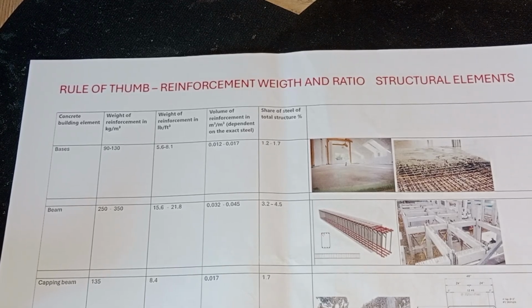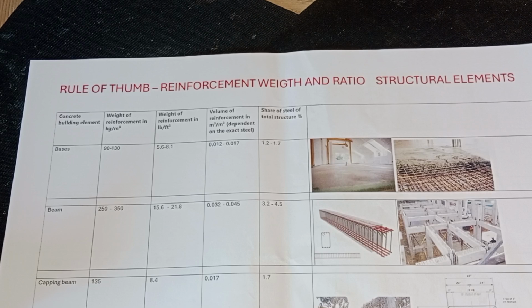Hello everyone. Today I'm talking about the rule of thumb in reinforcement weight and ratio in different reinforced concrete structural elements. You know that reinforcement is the most expensive part in reinforced concrete elements. Concrete is not expensive and always easy to find and cheap, but reinforcement is expensive. And the ideal design or optimized design is to use the maximum capacity of reinforcement to take the loads that are mainly tension, shear, and sometimes compression, and at the same time use the least volume of reinforcement in the